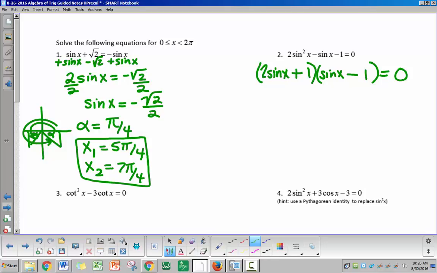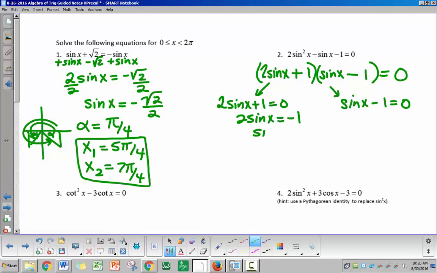Now, I'm going to use something called the zero product property, right? When you multiply two things together and they equal 0, what has to be true? Each one equals 0. One of them has to be 0, right? So we're going to say 2 sine x plus 1 will equal 0, or sine x minus 1 equals 0. So now we have two basic trig equations again. I'm going to isolate the trig function, so I'm going to subtract 1 and then divide by 2. So you get 2 sine x equals negative 1, sine x equals